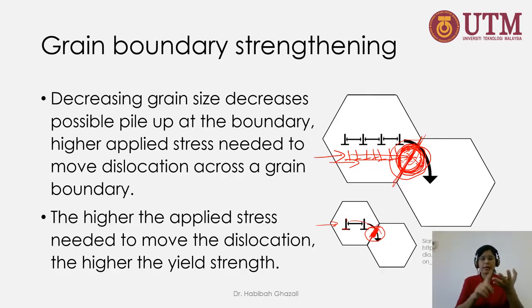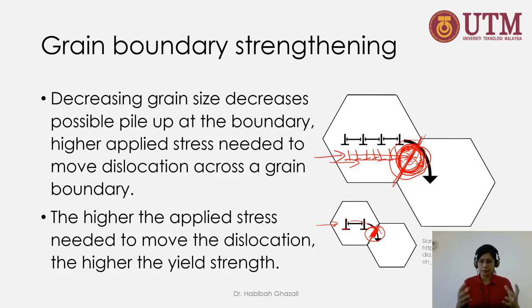So that's one way. Another way is we can supercool the material to a very, very low temperature, much lower than the solidification temperature. When we supercool at a lower temperature, a lot more nuclei can be formed. So there will be a rapid formation of nuclei, and a lot more grains will start to grow simultaneously, and eventually they will impede each other and create a